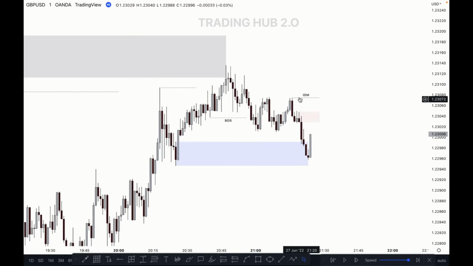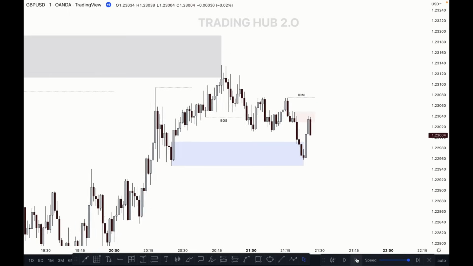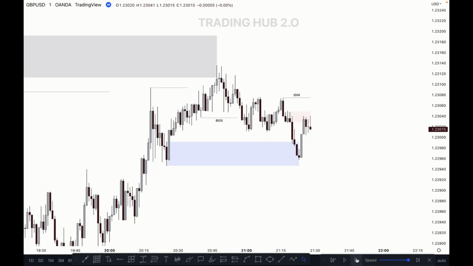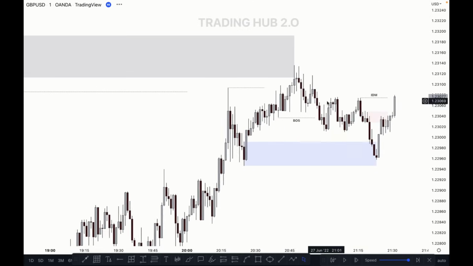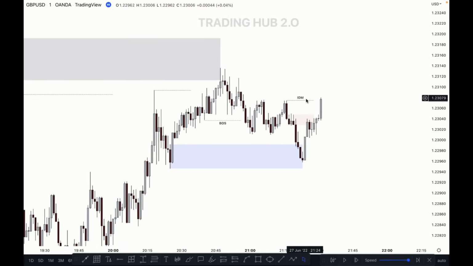This is our first inducement, correct? You have to wait for this inducement to be taken out before the sell. So let's see what will happen here. The market is showing some reaction. Okay, let's see. And the market pushes higher after breaking this structure, and this is our inducement, because we know how to mark